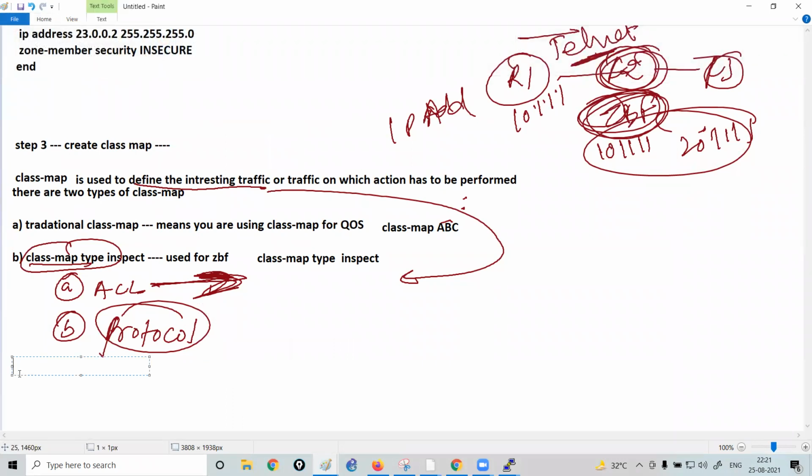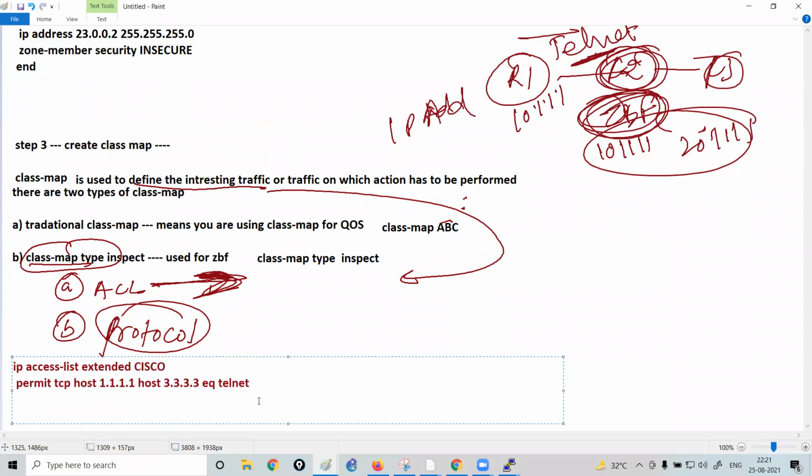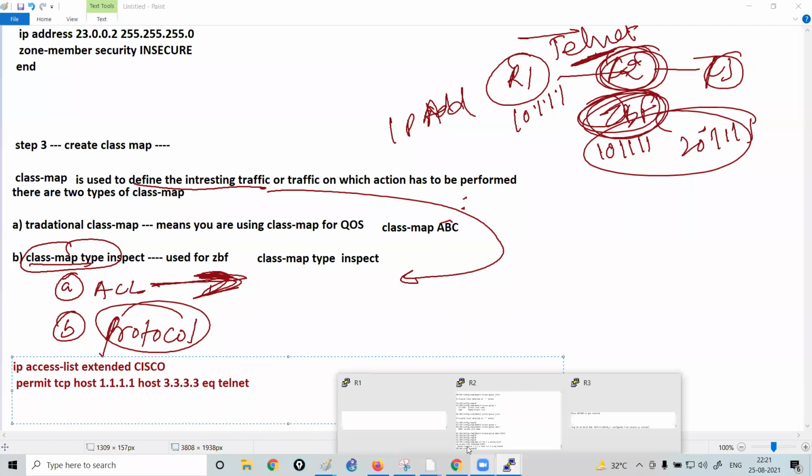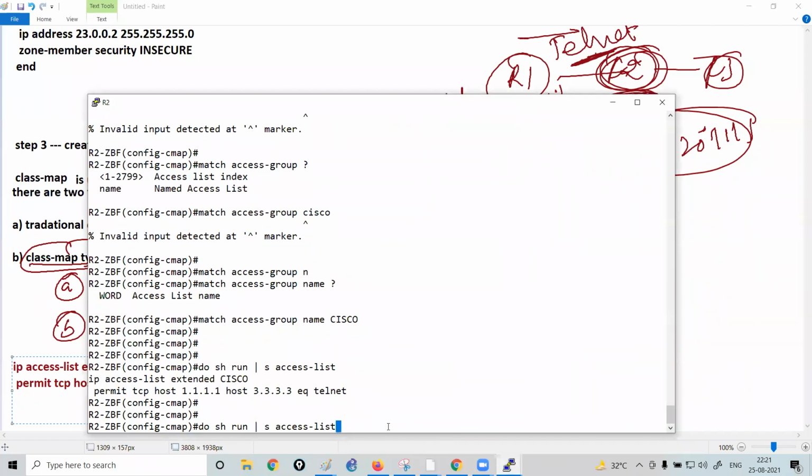I'm just going one by one. Step 3 is to define the class map. You can define the class map according to the ACL or according to the protocol. We have used the ACL, and then do show run pipe section class-map.